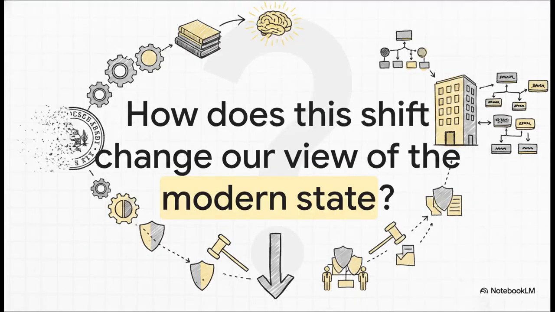So, drawing strictly from the historical texts we've reviewed today, we have to ask ourselves, how does understanding this chronological shift from state sovereignty to corporate administrative governance change our view of the modern relationship between the states and the federal government? Understanding this timeline of jurisdiction, guardianship, and corporate structuring really forces us to re-examine our everyday interactions with the agencies that govern us.